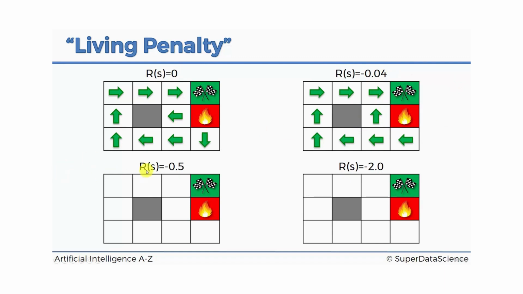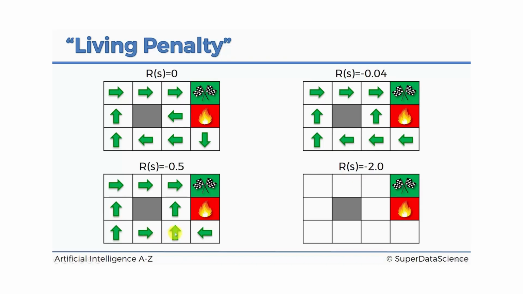In the next environment, now we're increasing the living penalty to an even greater number, -0.5, and let's see what changes here. Compared to this environment, the only thing that changed is that this arrow is pointing to the right. And what that means is that now it's no longer a good option for the agent. Oh, actually, also this arrow was pointing to the left, and now it's pointing upwards. So now it's no longer